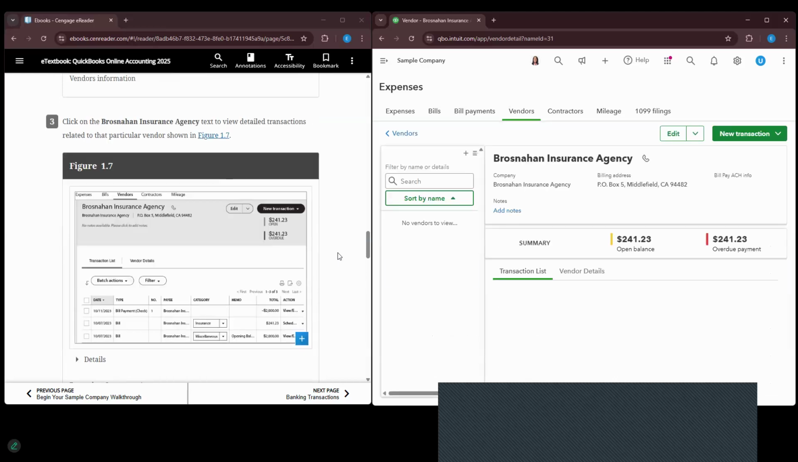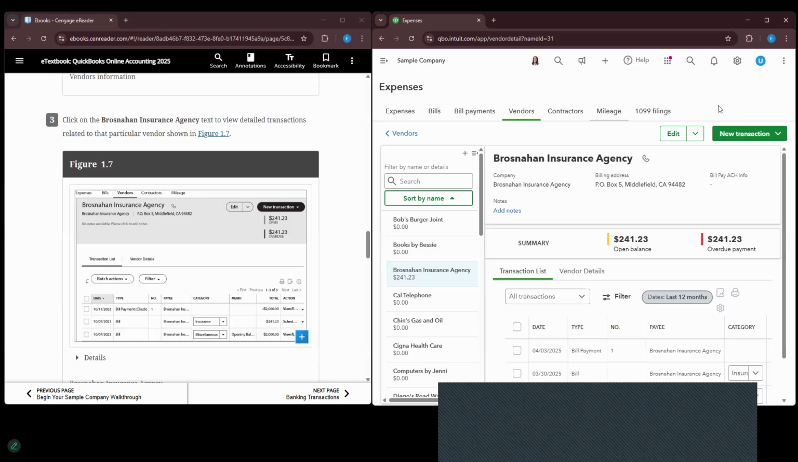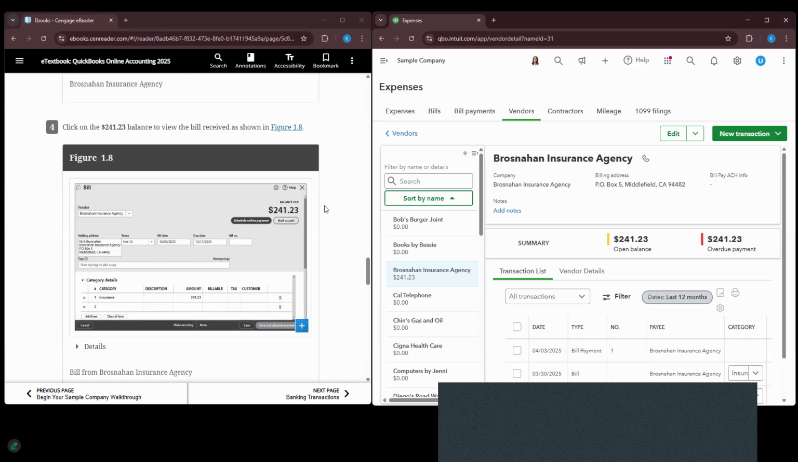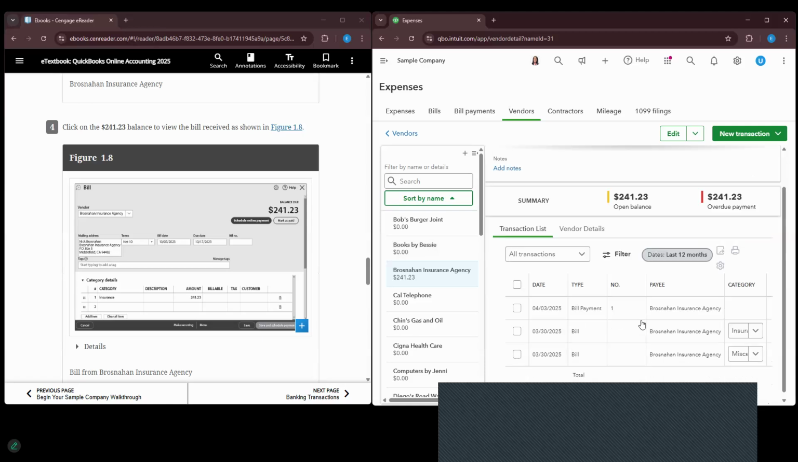So we click on it, and it shows us the same thing. Much like we want to keep track of the customers that owe us, we also want to keep track of the businesses that we owe. Hence, with the expense feature for the vendors, we can also track the bills that are owed and due to our vendors. So here it's asking us to click on the bill for $241. So if we click on it,